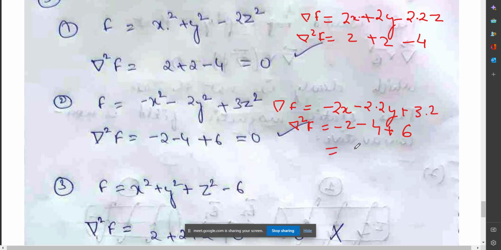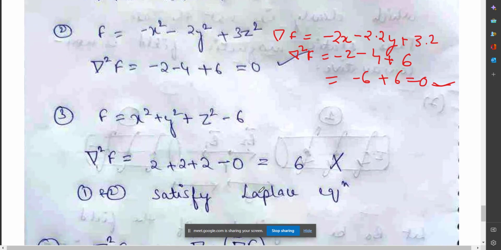This is equal to minus 6 plus 6, which is equal to 0. So this is also satisfying the Laplace equation. Understood? Yes, ma'am. Clear. So similarly here, del of f is equal to 2x plus